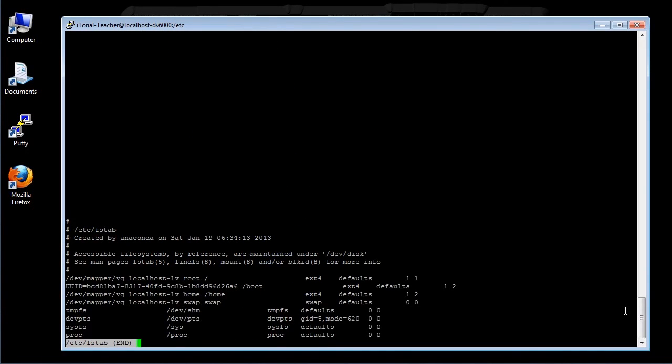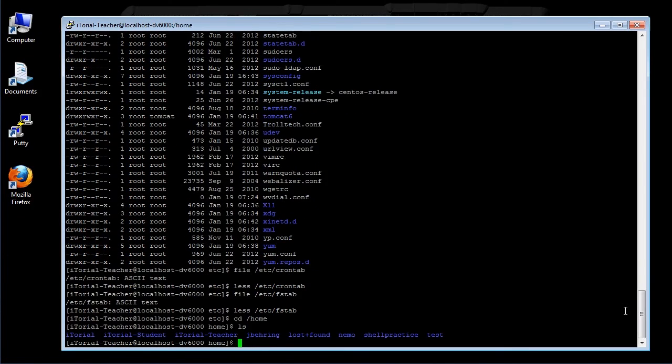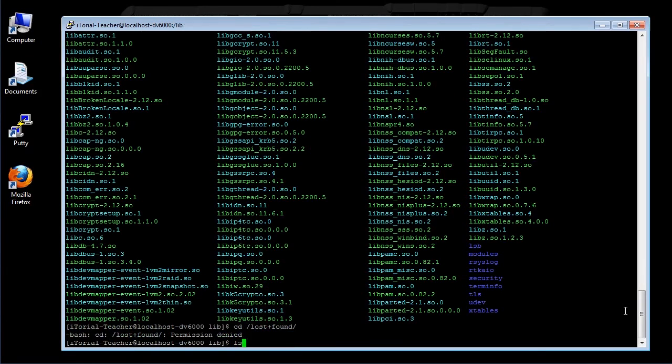/lib contains shared library files used by the core system programs. These are similar to DLLs in Windows. /lost+found. Each formatted partition or device using a Linux file system, such as ext3, will have this directory. It is used in the case of a partial recovery from a file system corruption event. Unless something really bad has happened to your system, this directory